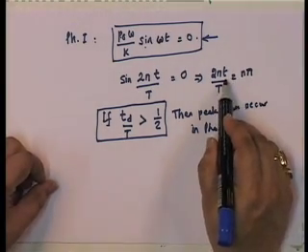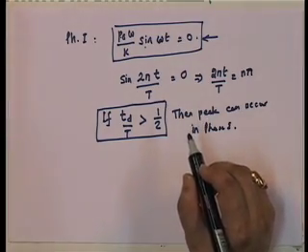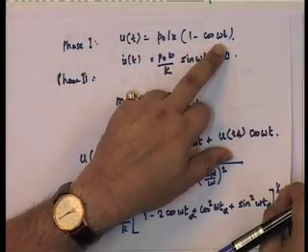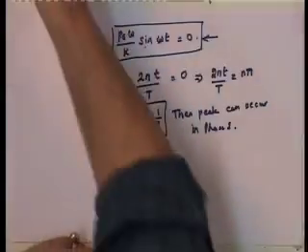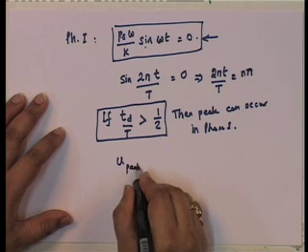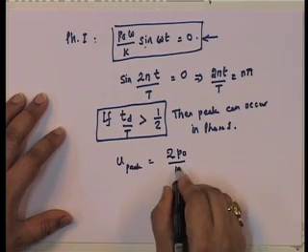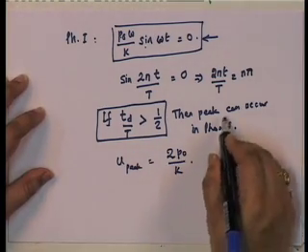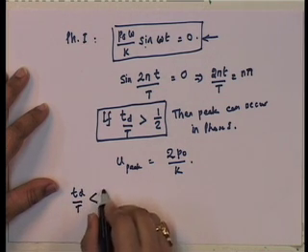And what is that peak then? Well, 2 pi upon T, so omega t is equal to pi. If I take omega t equal to pi, look at this, this is cosine omega t. So, cosine of pi, what is cosine of pi? Minus 1. So, this becomes 2. So, your u peak is equal to 2 P naught upon k. Okay. So, this implies that if T_d is greater than half, then the peak can occur, and this is the peak. However, if T_d by T is less than half,